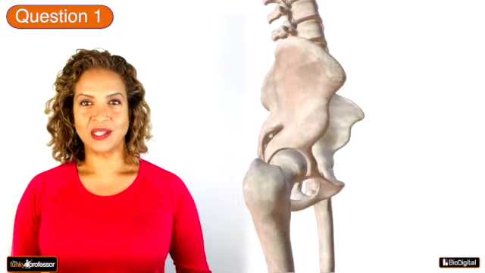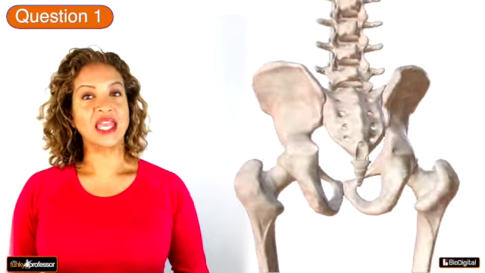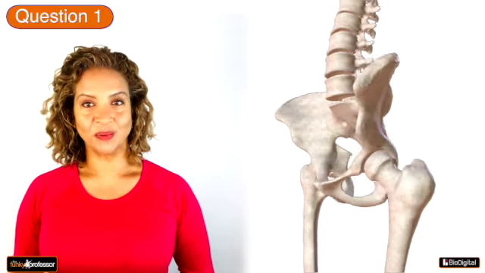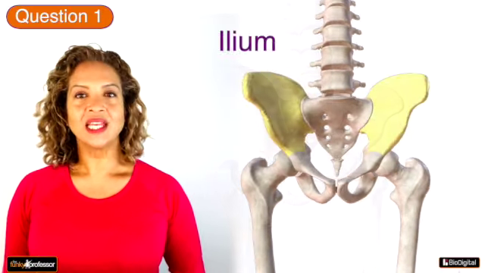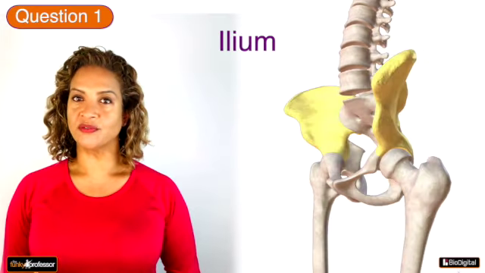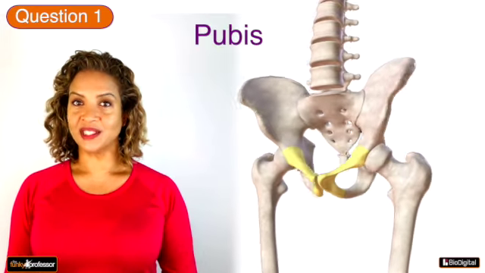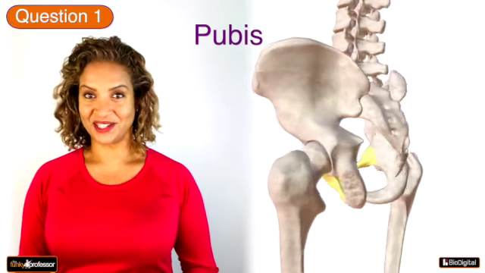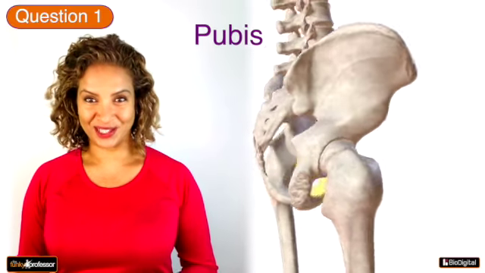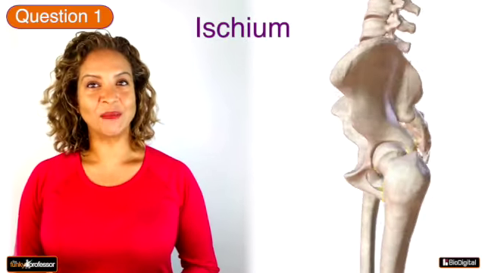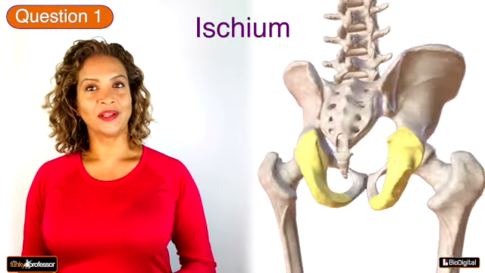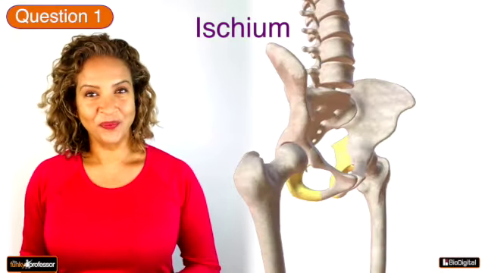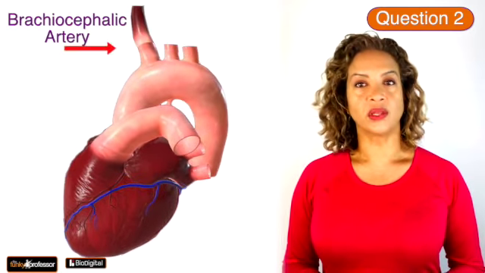The answers. The 3 bones that make up the hip bone are the ilium, the ischium and the pubis. The ilium is the wing-like part of the hip bone. The pubis is at the front where your pubic hairs are, which may help you remember its position. And the ischium is the bit that you sit on in your bum. So ischium means bum. The 3 branches of the arch of the aorta are in order of appearance the brachiocephalic